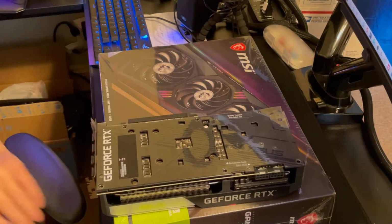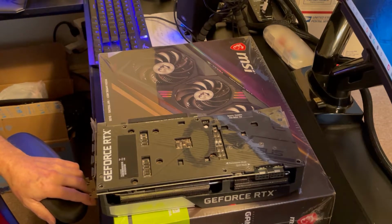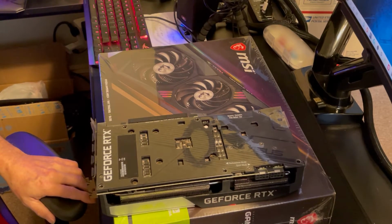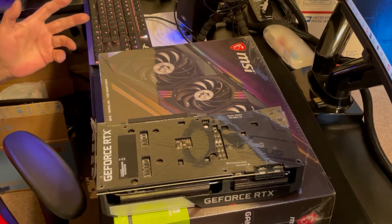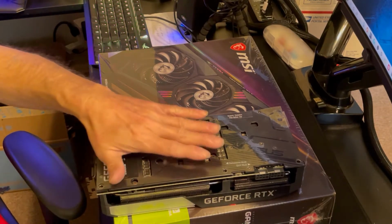I like it. All the 3070s are pretty much identical when it comes to memory, clock speeds, core clocks, everything. It's just preference in looks and how they run in temperature pretty much. And like I said, that Zotac beat all of them. So I don't know what to say about that. Maybe it was just a great card for some reason. It had a good setup on it. I wouldn't put it in my machine personally because I just don't like the way it looks. If you look them up online, you can see they're just kind of a funky looking card. I'd like to stay more traditional, but